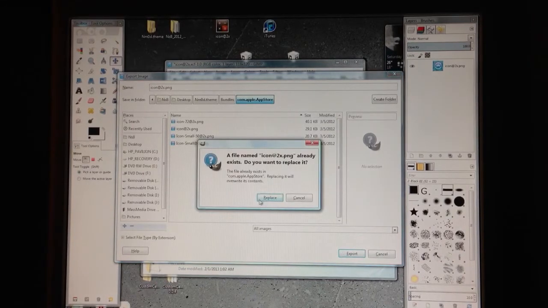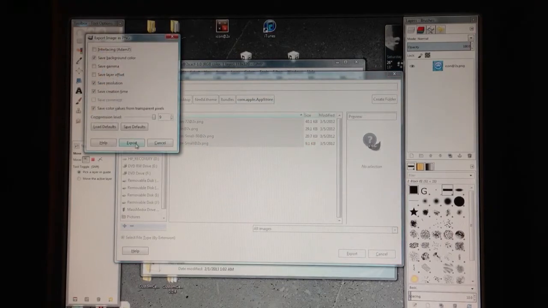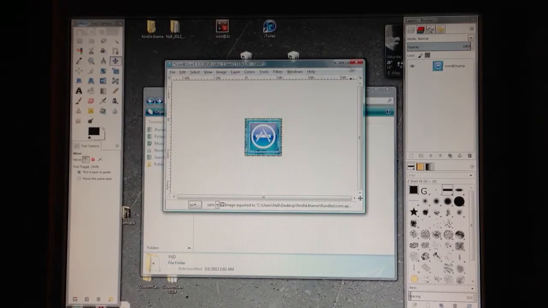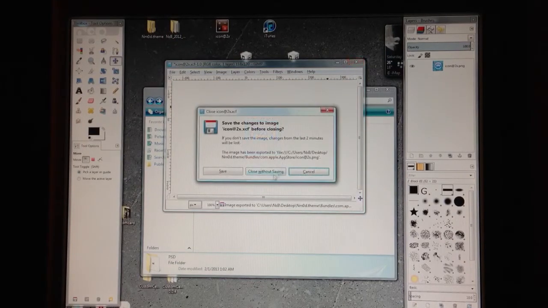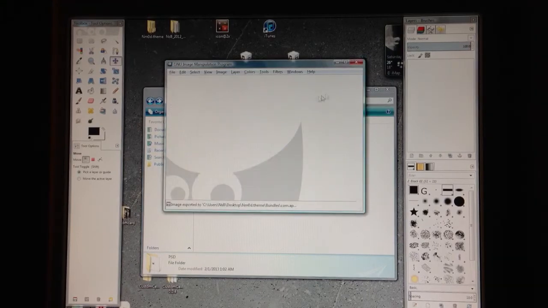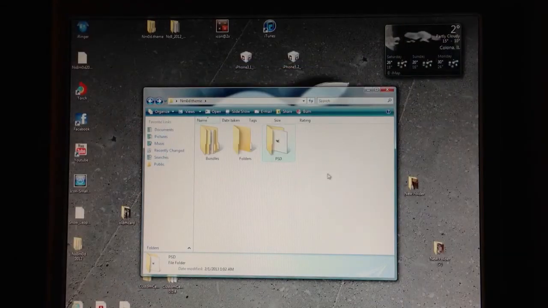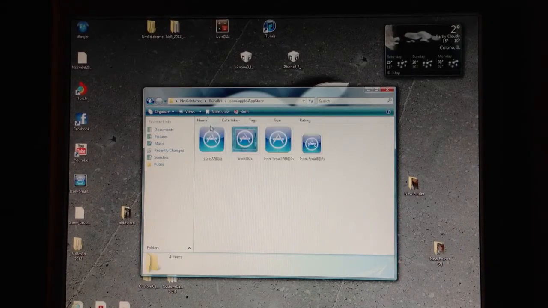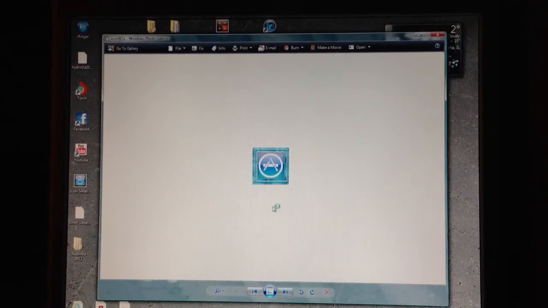So you're going to hit export, replace, and this is just going to say that it's compressing and saving, and so export. Now as you see, you close without saving,